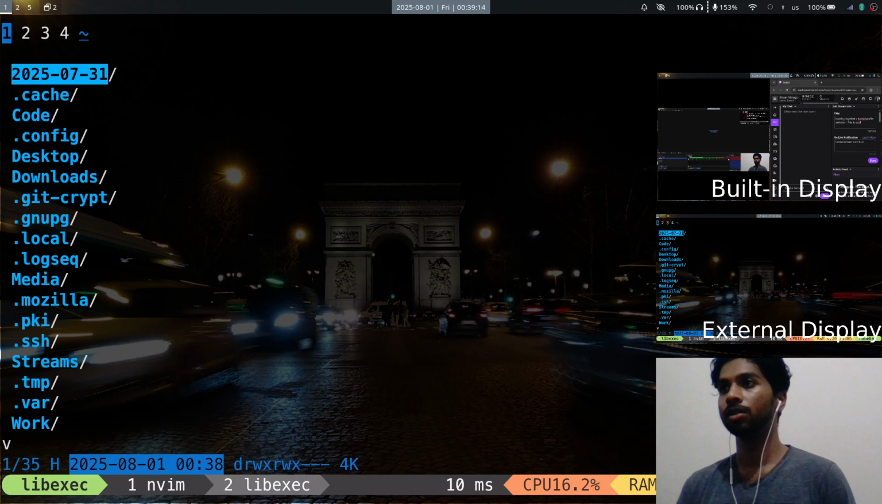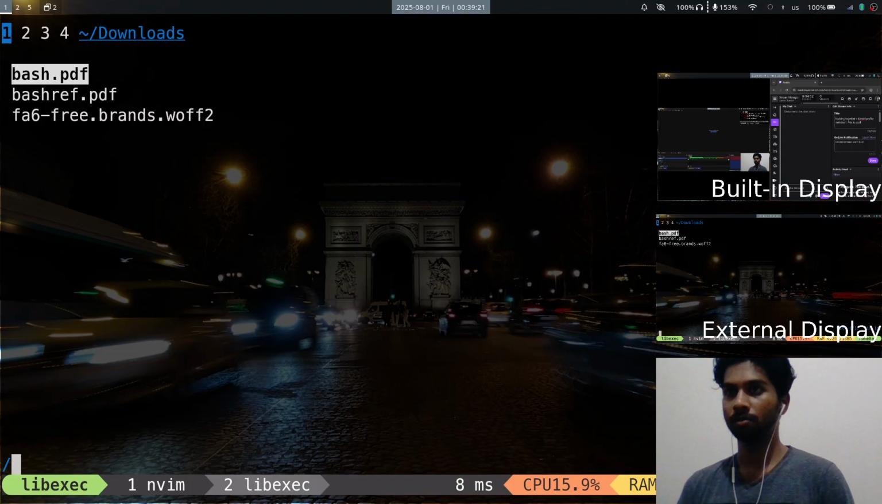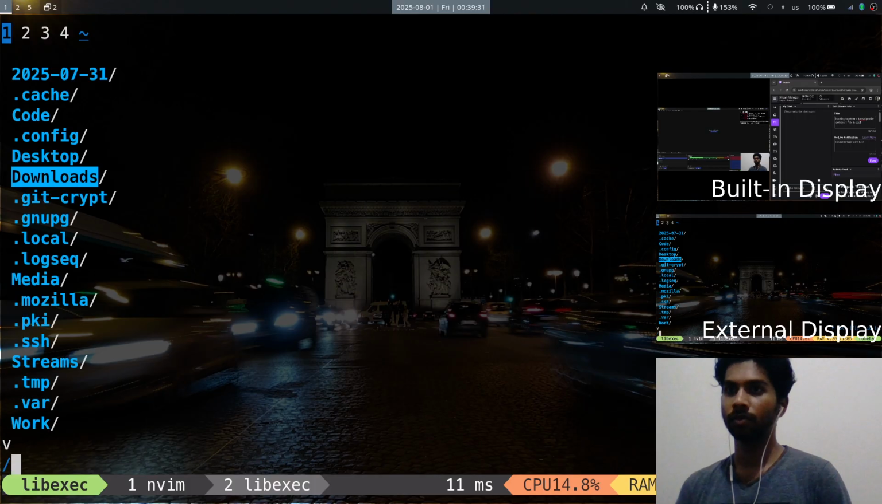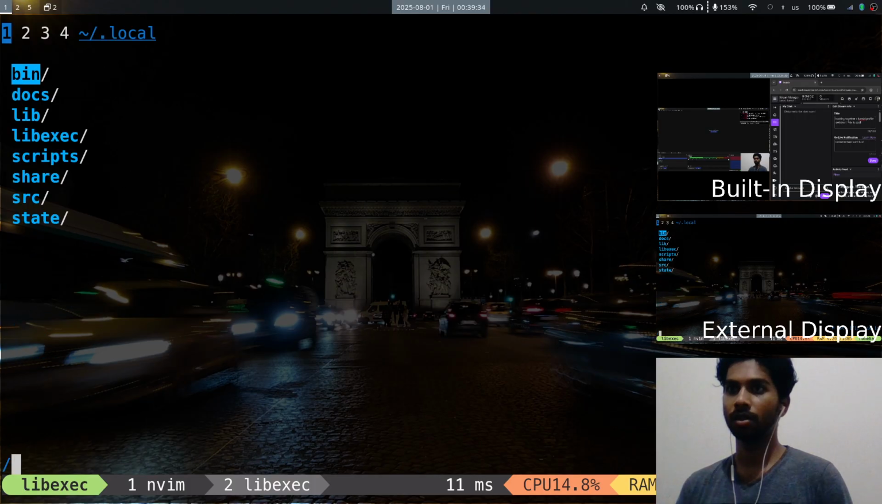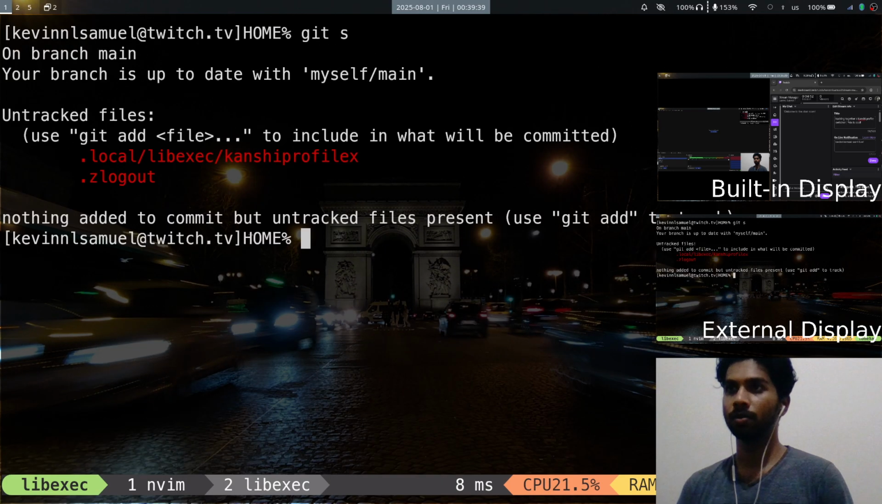Cd make adopt dot. Oh wait. Okay, local live exec profile. Okay, now this is inside. Why do I have a, okay, I'm not gonna look at that right now. Git add dot local live exec,